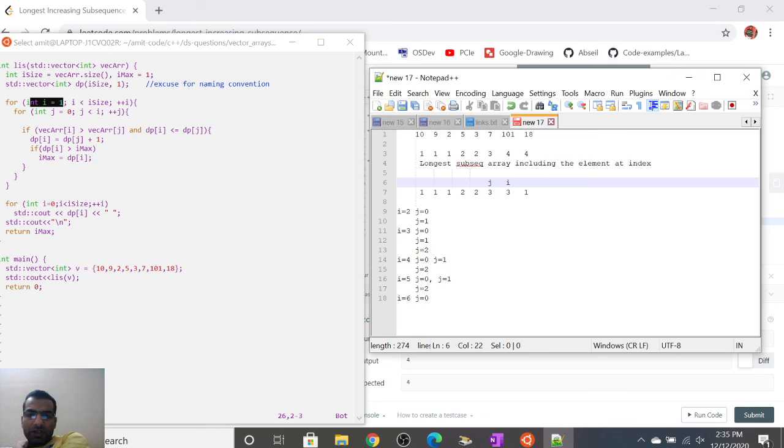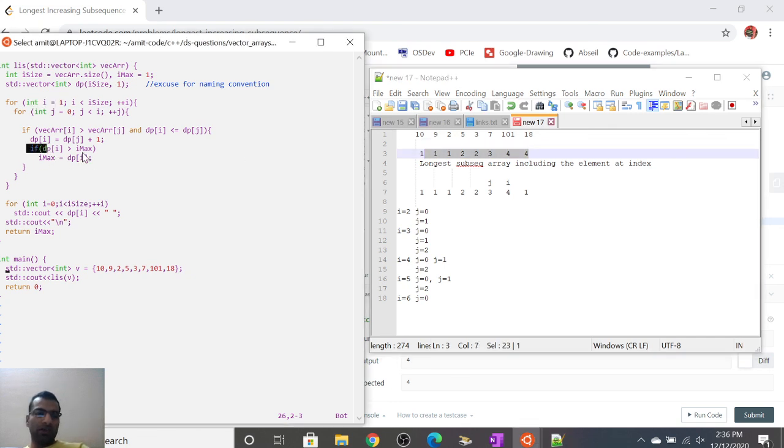So at element 7 we know that we have an increasing subsequence of length 3, that is we have 2, 5 and 7, and if we include 101, the increasing subsequence will become of length 4, so it will become 4 here, and so on. We can calculate 4 for this entry as well, and finally we can find the maximum element out of this, and that will be the answer. So I have just compared it simultaneously, and I am just returning the maximum out of it.